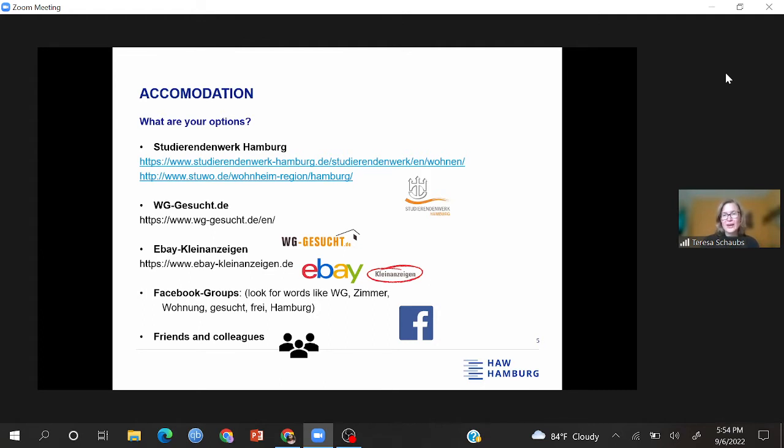But don't rely on any offers that they might send you, because you might not get an offer, but at least you're on the list. That's the most important thing, because then they have your data. And once they have an available room, they might contact you. It might be in 1 month, in 2 months, it might be in 6 months. You don't know that, but at least you put your name on their list. That's the first thing. And then also look through their website because they also have short-term options.